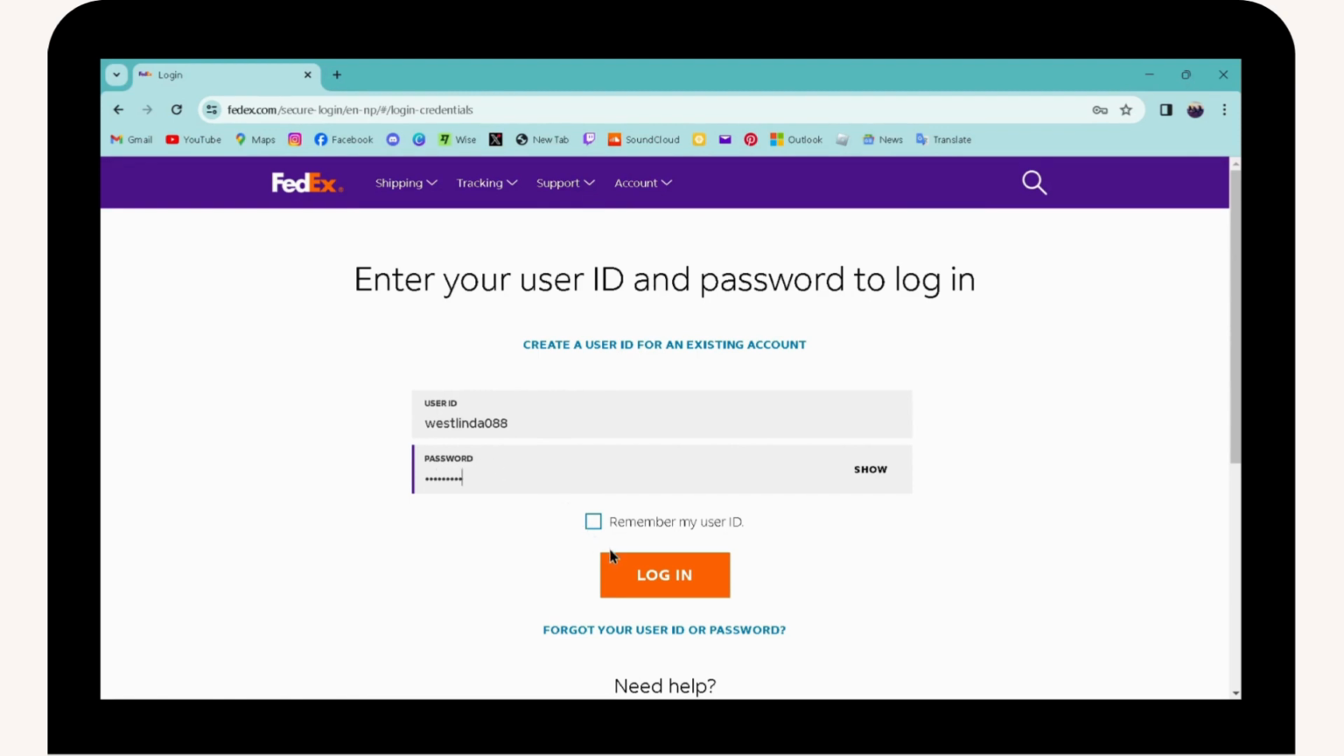And then you can simply go for login, which is here. And once you click on login, it will log you into your FedEx account if your information is correct. So that's it. And that's how you log into your